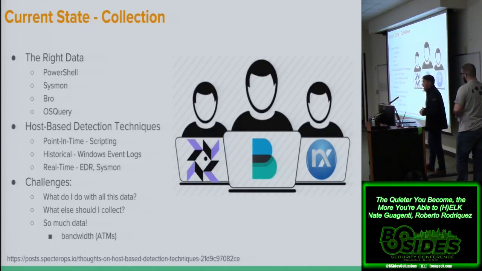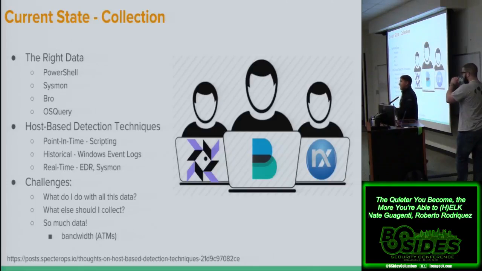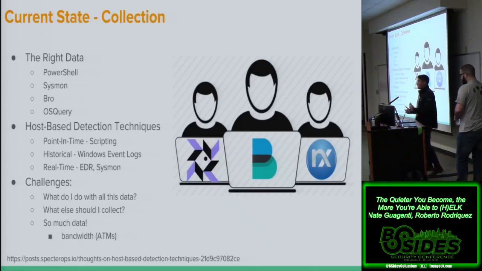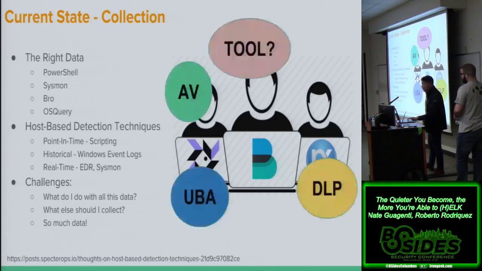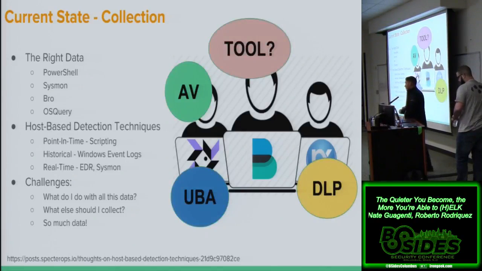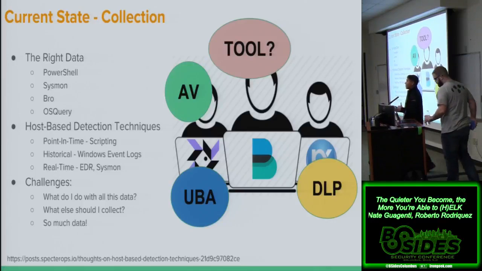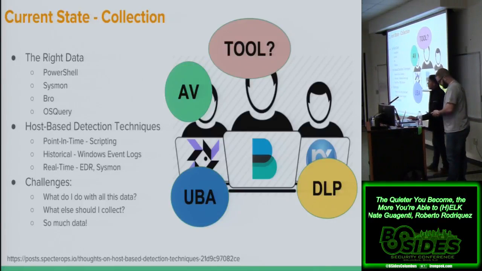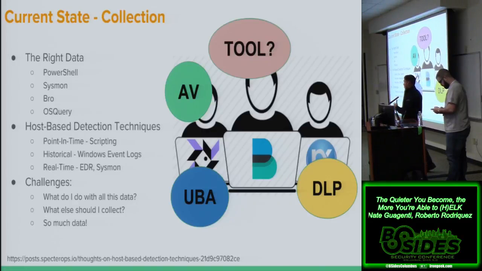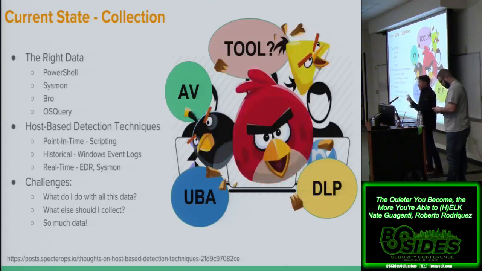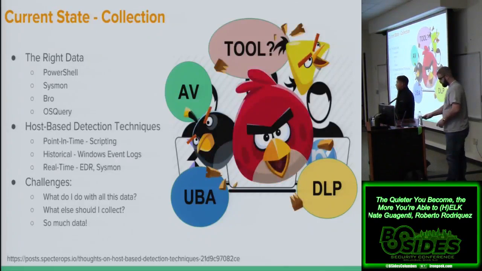The challenges I'm seeing a lot right now are: what else do I need to collect, and how do I prioritize what to collect in my environment. Another challenge is that it would be awesome if you had only Sysmon, let's say, or osquery pulling data, but you have a lot of stuff running in your environment. I'm amazed every time I go to a client at the different tools they have, some of which do the same thing, and of course you have your EDR solutions on top of it to the rescue, right?